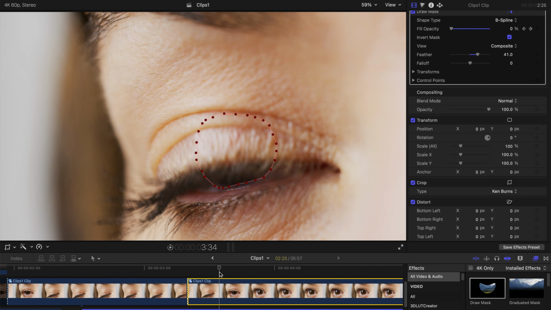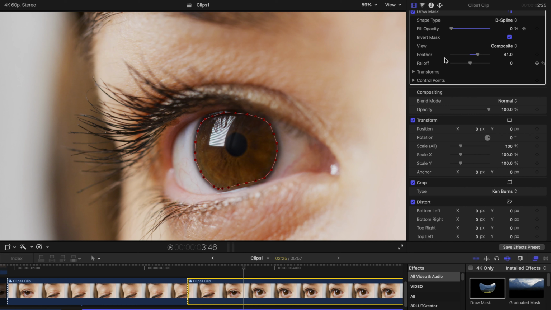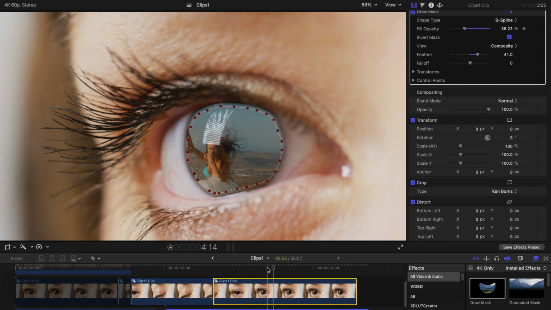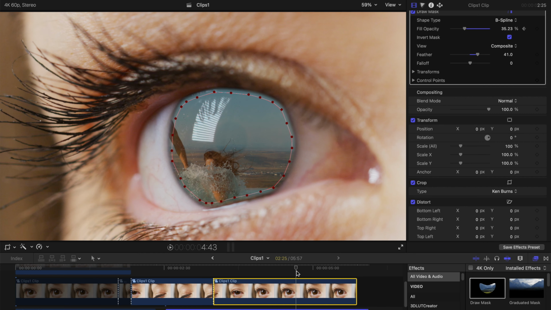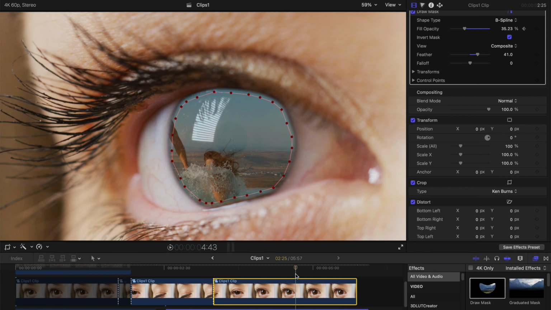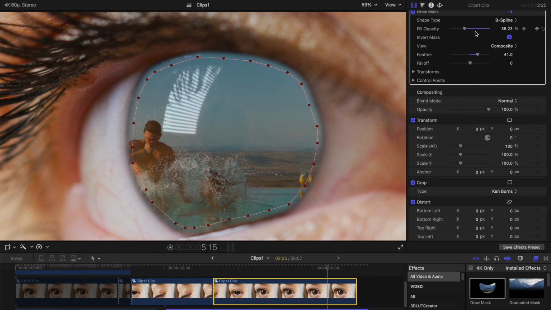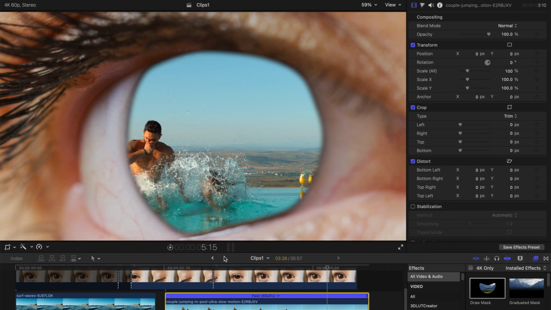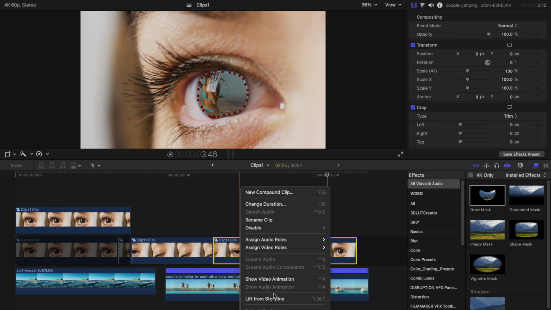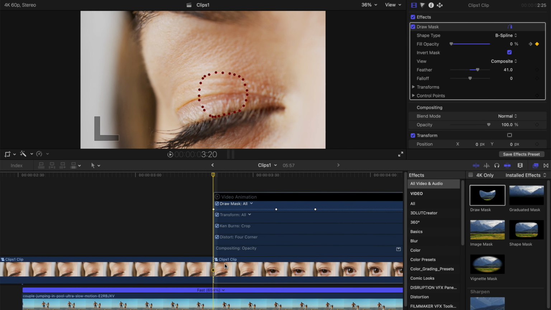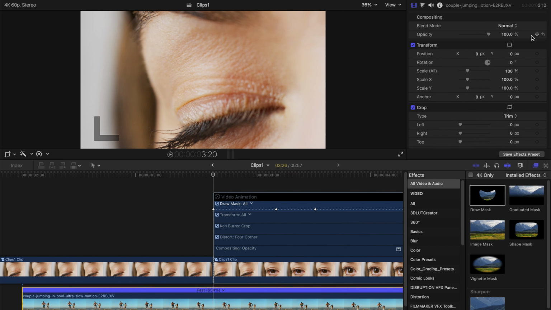open the eye, it's a very quick process, so quickly it's going to be getting higher and higher. So as it zooms in, we're going to increase the fill opacity to 100%, maybe not so fast, but definitely at this point 100%. And then similarly I'm going to repeat the process, show video animation, and then go to the clip over here,